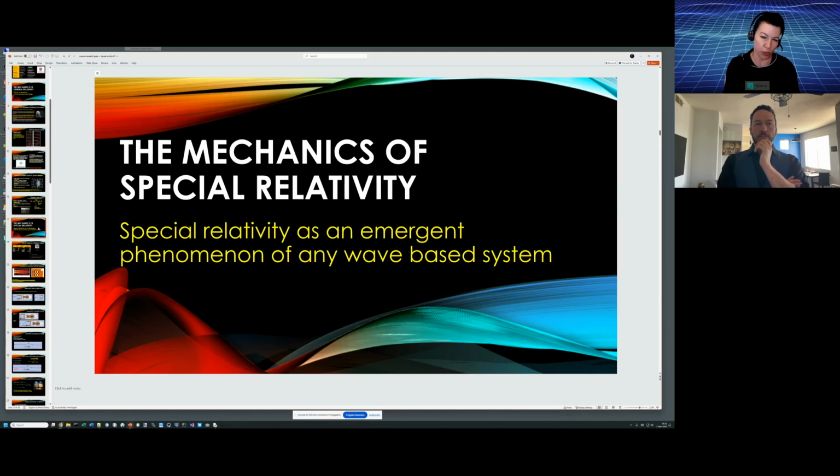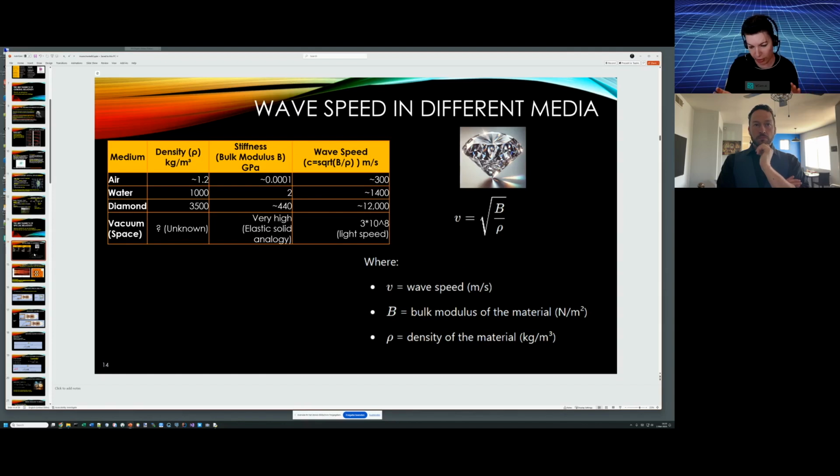Any system that's composed purely of waves will have the same outcome, the same mathematics, and it's so simple. I really swear, even a first grader would understand. The only thing you have to know is that the speed of a wave is normally constant in a medium, assuming same pressure, same density. There's a wave speed in water, for instance. The speed of sound has a certain velocity, assuming same pressure and all that.